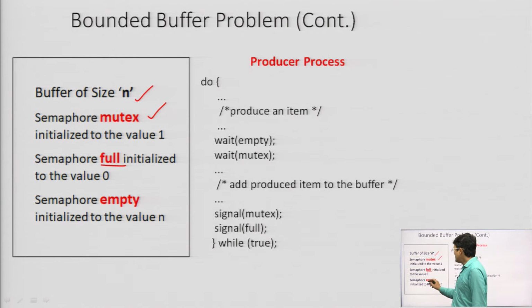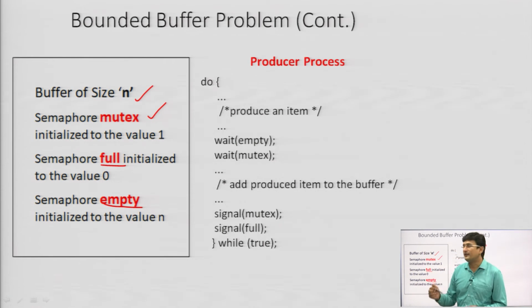There are two variables, full and empty. Full means how many slots of the buffer are filled. So, if we have just started the experiment, the number of slots which will be full will be 0. There will be no item on the buffer. As time progresses, there will be some items on the buffer. So, when we produce one item, we increment the full. When we produce another item, we again increment the full.